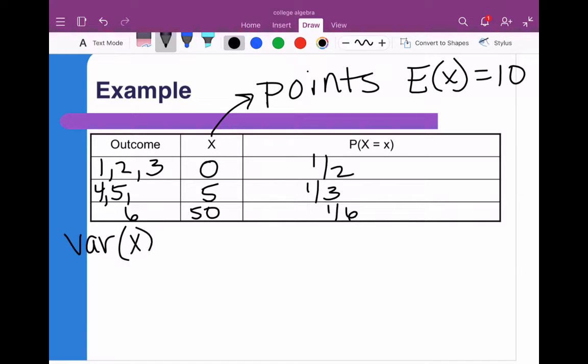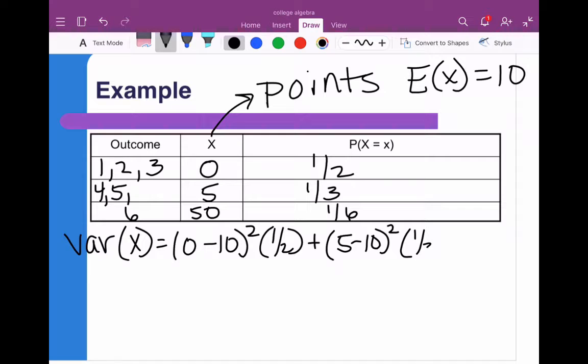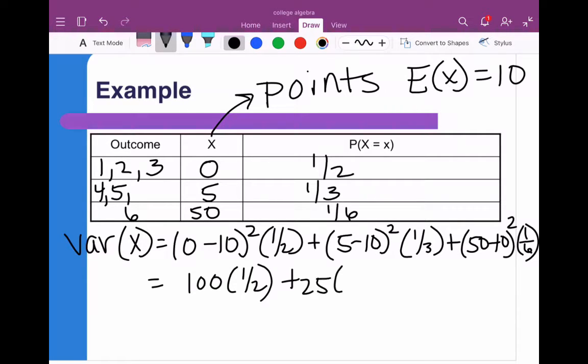So in order to calculate the variance, we take our variable, subtract 10 and square it, and multiply it by the probability, plus our variable minus 10 squared times the probability, plus our variable minus our expected value squared times the probability. So then this ends up becoming 100 times 1/2 plus 25 times 1/3 plus 1600 times 1/6. When we add all of those up, we end up with